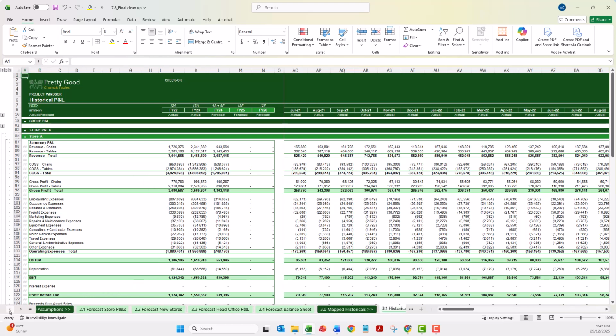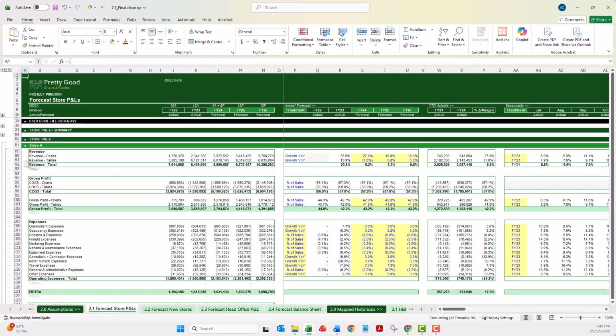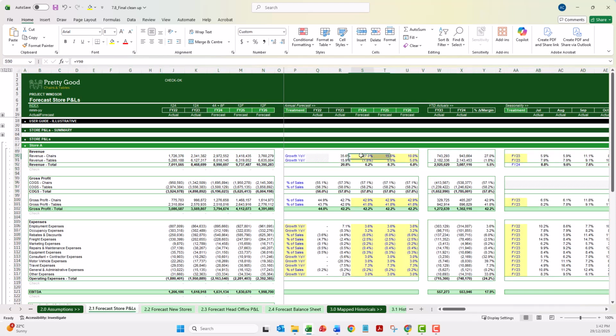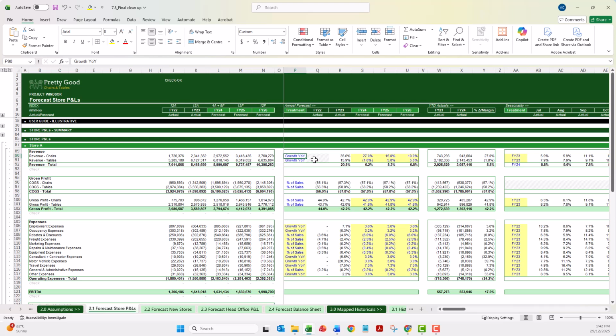The second section of the model is forecasting the store P&Ls. What I've done here similarly is for each store, I've shown you and talked in quite a lot of detail about why you even choose to forecast at this level of detail. Why don't you go into more detail? Why don't you go high level or less detail and summarize it a bit more? There's quite a lot of thought and logic that goes into that. Obviously, it's an art, not a science, and there's a lot of thinking you have to go through to come up with the most appropriate way to forecast so you don't run into any issues later on in building the model. But I take you through exactly how to set out growth forecasts for revenue, your margins, expenses,